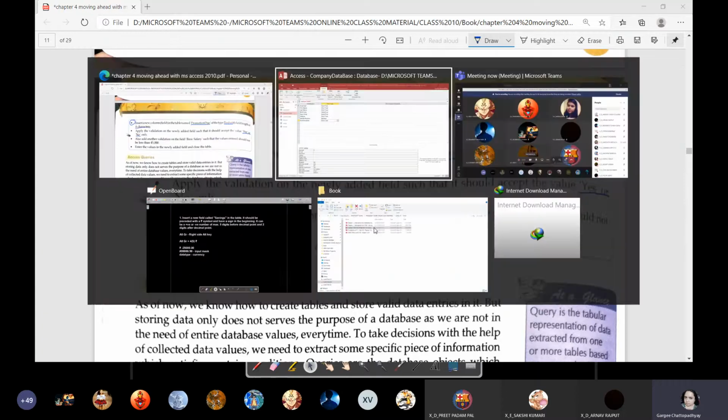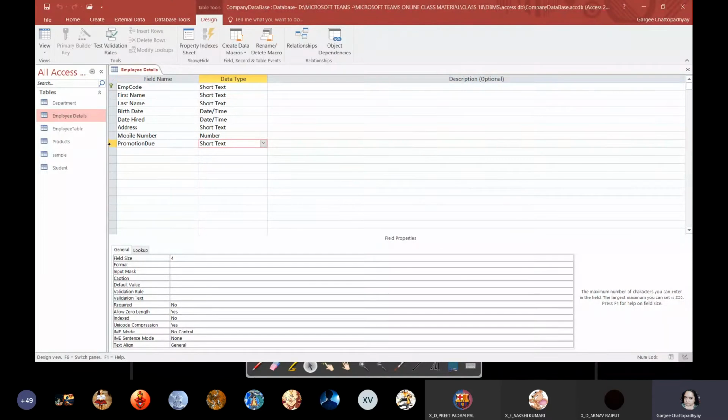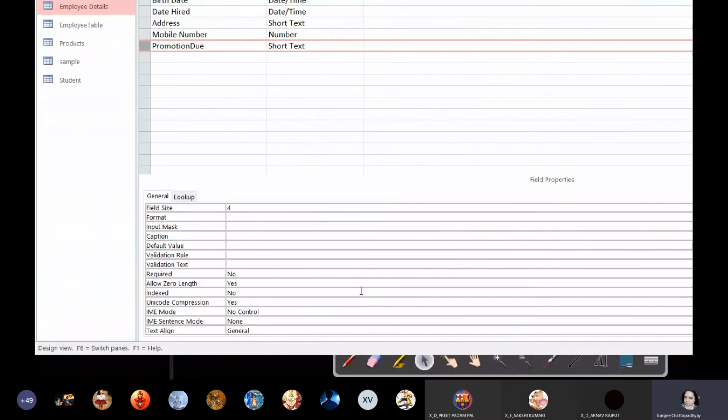So we will be adding a field validation on this, right? There is another way in which you can add field validation through field properties. For this, you don't need to go to the datasheet view and then the field validation dialog box. Rather, here itself, you can add a validation rule. So what validation rule are we going to add?